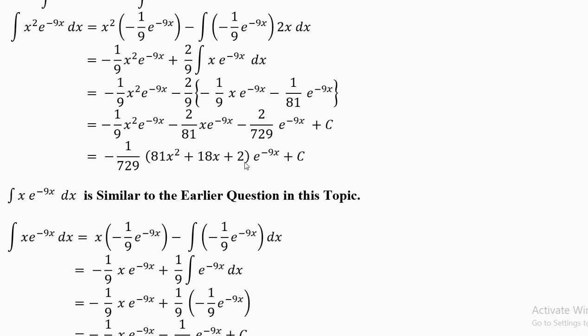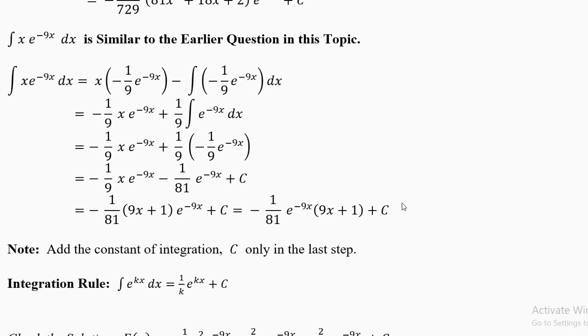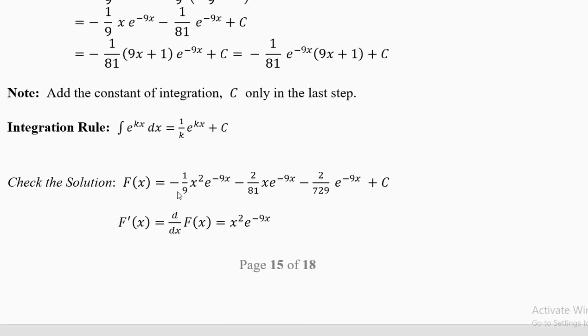So those of you who are going to do machine algebra, the final answer will look like this. Your 729 is common, multiply 81 here, multiply 9 here, and multiply with 1 here. And this is what you get. We have seen it in the class before, so I will not go into more details. Now this is your final answer. You differentiate it, all will be minus in this case, and when you differentiate it, you will get x power 2 e power minus 9.